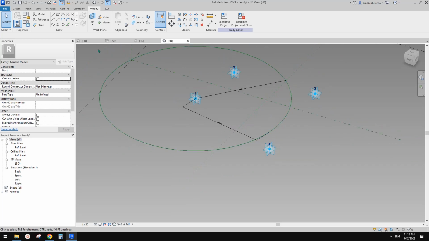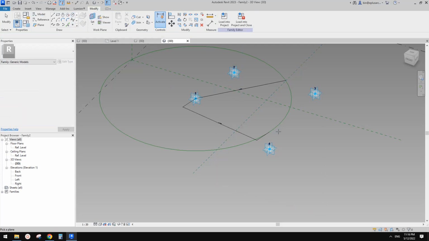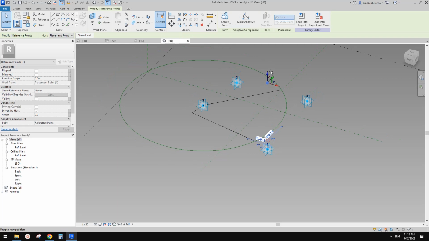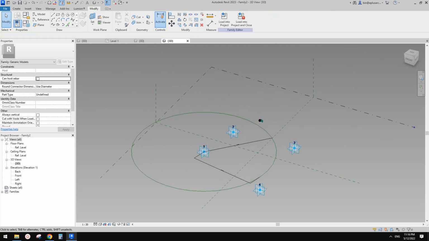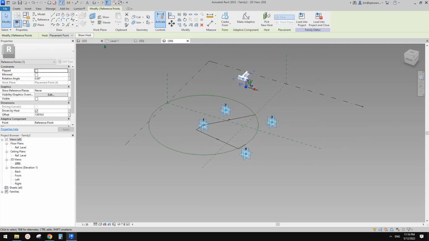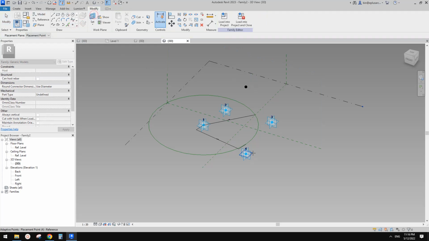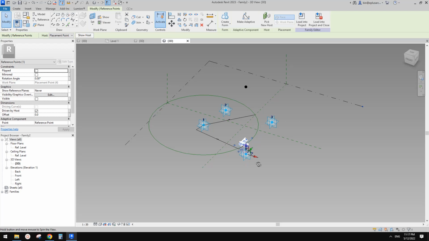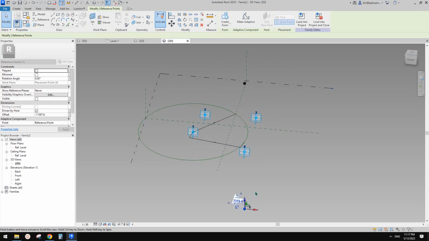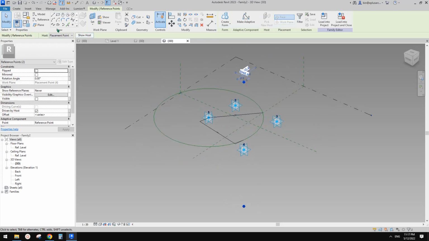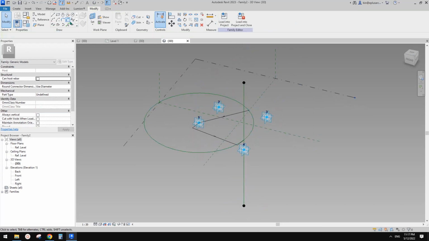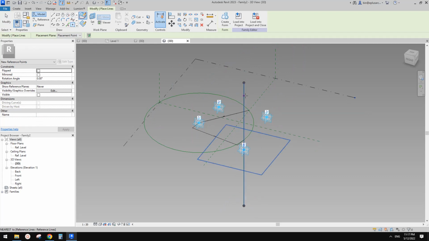Maybe I should. Let me just place a point onto this horizontal work plane, onto this point 4, and just go up, quite a big distance. Okay, and then place another one on this point and go down, just move it down for some distance, and we can create a reference line between them, and then place another point, use draw on face onto this line,